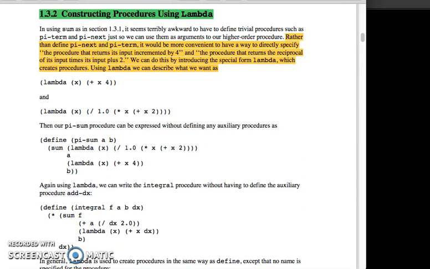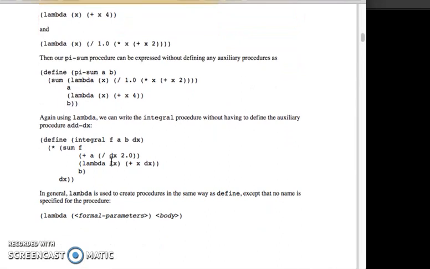Using lambda, we can describe what we want as: lambda of x takes x and adds 4 to x, and lambda of x divides 1 by the product of x and x plus 2. Then our pi-sum procedure can be expressed without defining any auxiliary procedures as, let me pull it up,